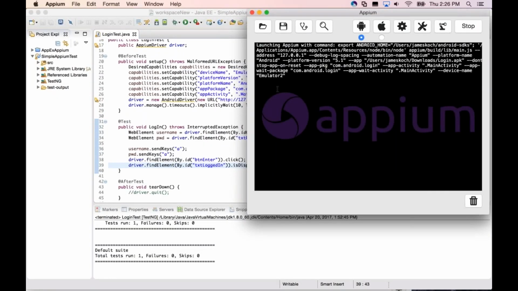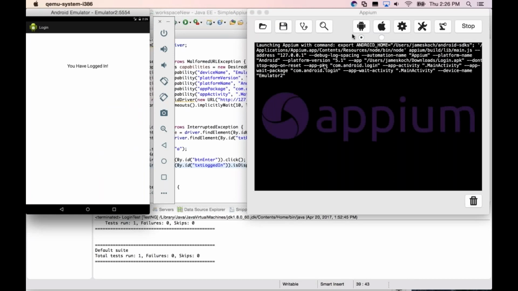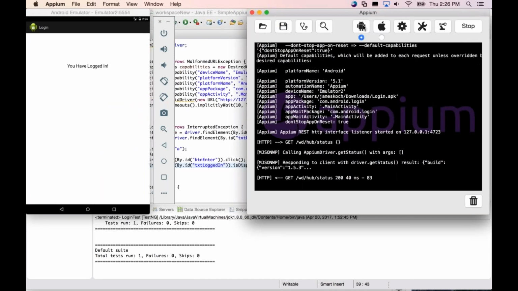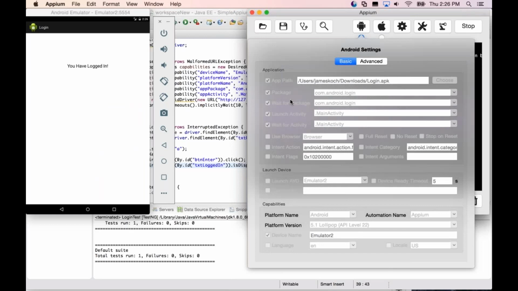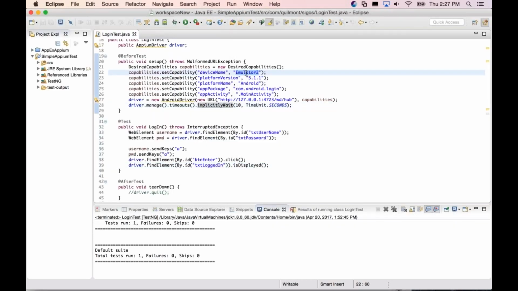So here is the old version of the Appium server. Again, you can start this all off via command line if you'd like. And I'm passing the server my capabilities for my test device. So notice a few things. We have the app package and the main activity, and we're passing the server the argument for my emulator. This is the same values that I'm passing in before my tests.